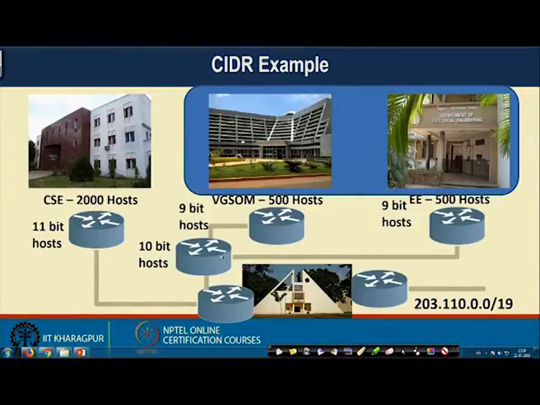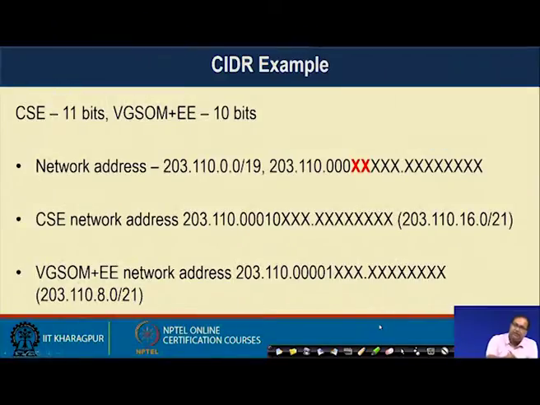So, what we are doing here is putting this additional router in between. That router helps me treat the combination of these 2 subnets as an entire network. So, now I do not need to divide it into 3 subnets. From here I need to divide it into 2 subnets, and using 2 bits I can safely divide it into 2 subnets. So, now CSC requires 11 bits, VG-SOM plus E together they require 10 bits. So, with 11 bits I can